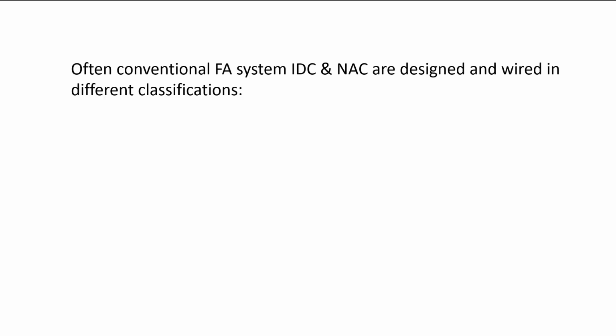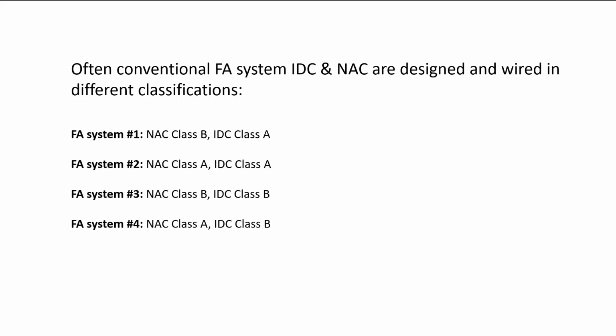Now, often, conventional fire alarm system IDC and NAC loops are designed and wired in different classifications. What I mean is that given 4 different fire alarm systems, the NAC and the IDC might be the same class, both B, or both A, or they might be different. This top one is the most common situation that you will find in industry. The IDC is Class A, and that's a higher threshold of safety, but the NAC will only be Class B,